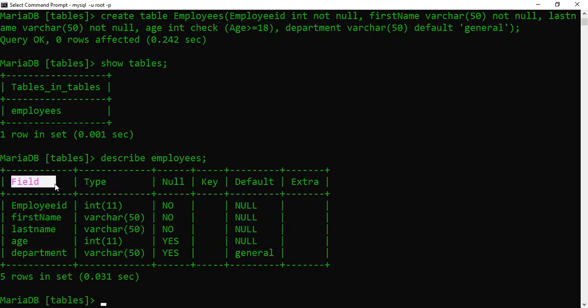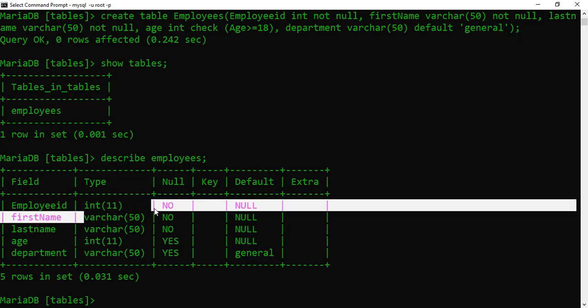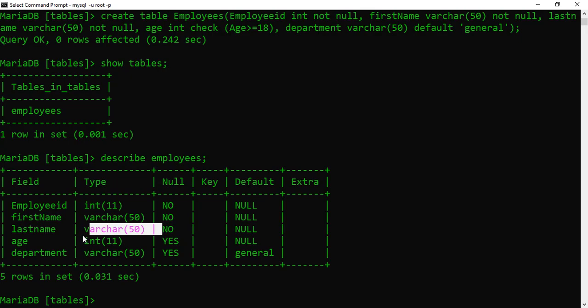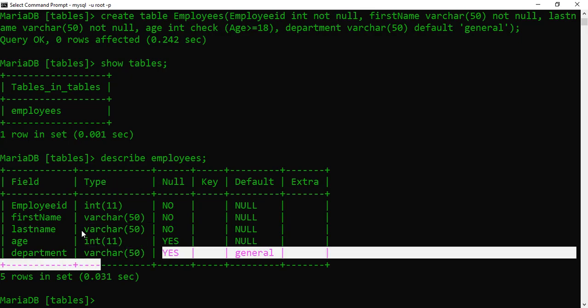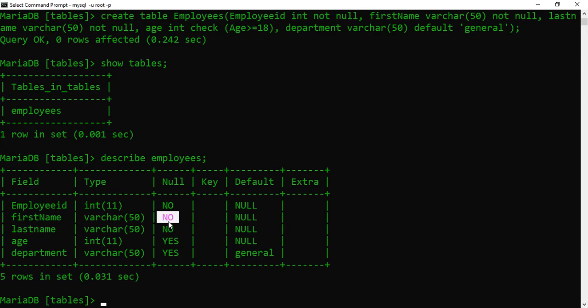As you can see, this is the field, and this is the type of that field. This is the field name. We have employee ID, first name, last name, age, and department. The type of the first is integer. Here it is composed of characters, which means it's a string. Even this one is a string. Here it is a number, and this one is a string. This one cannot be null, where you see no. Even this one. But the age can be null,